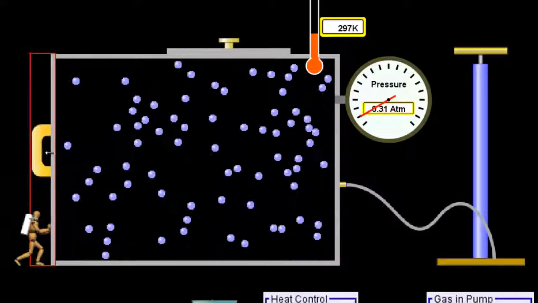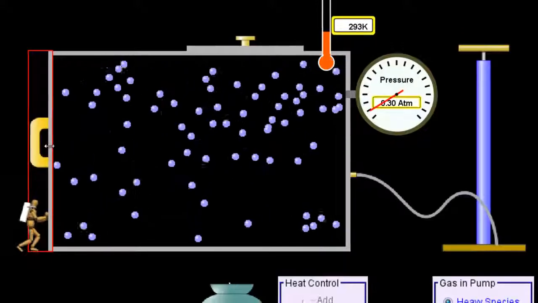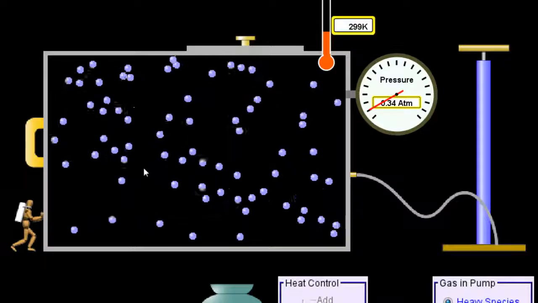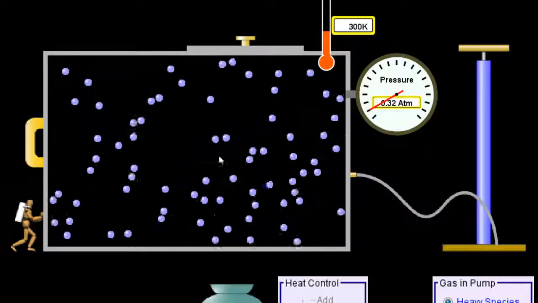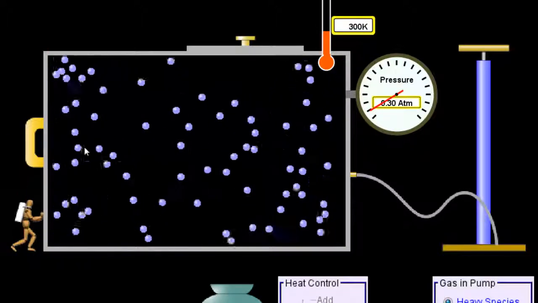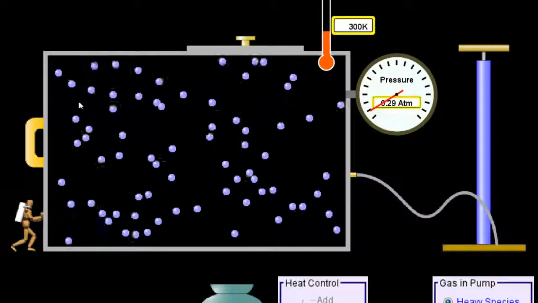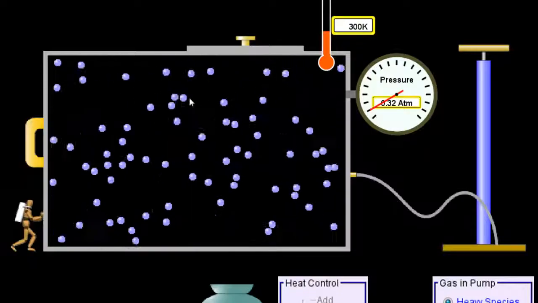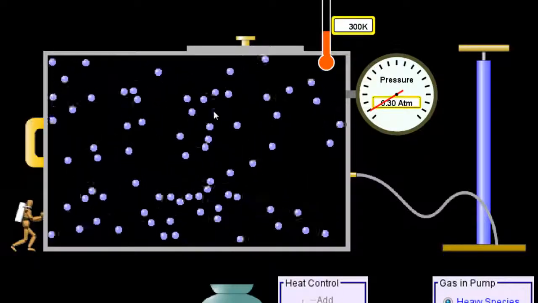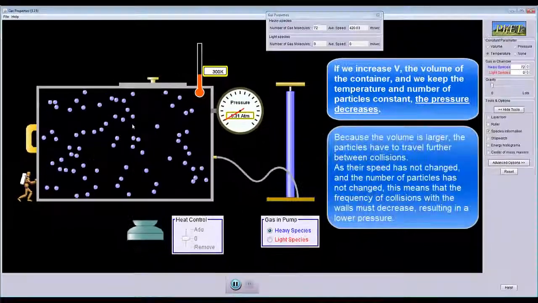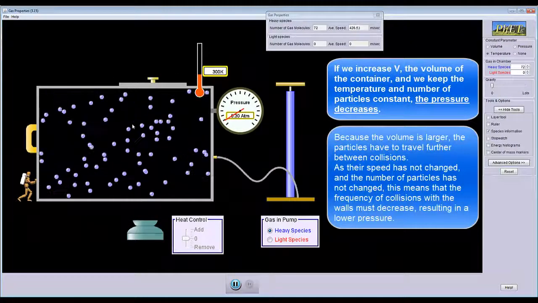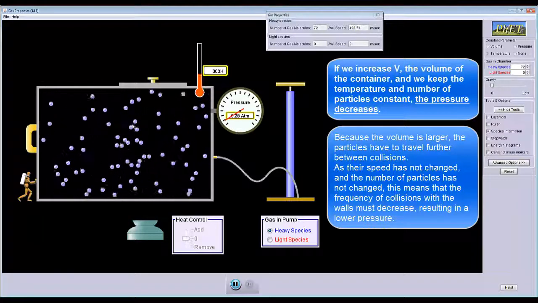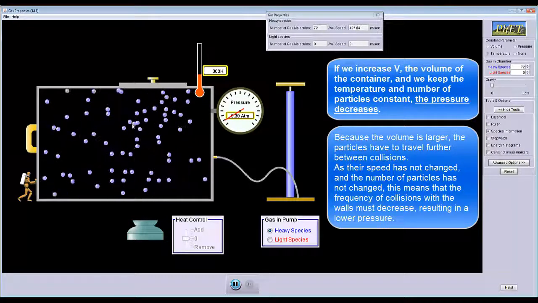So we can see that the pressure is dropping as the volume gets larger. And we can make sense of this because the particles are now much further apart. There will be fewer collisions, and the particles on average have further to travel to get from one collision with a wall to another collision with a wall, which means that the frequency of collisions has gotten smaller. So even though each collision exerts the same amount of force, because we have fewer collisions, there's a smaller force, there's a smaller pressure on